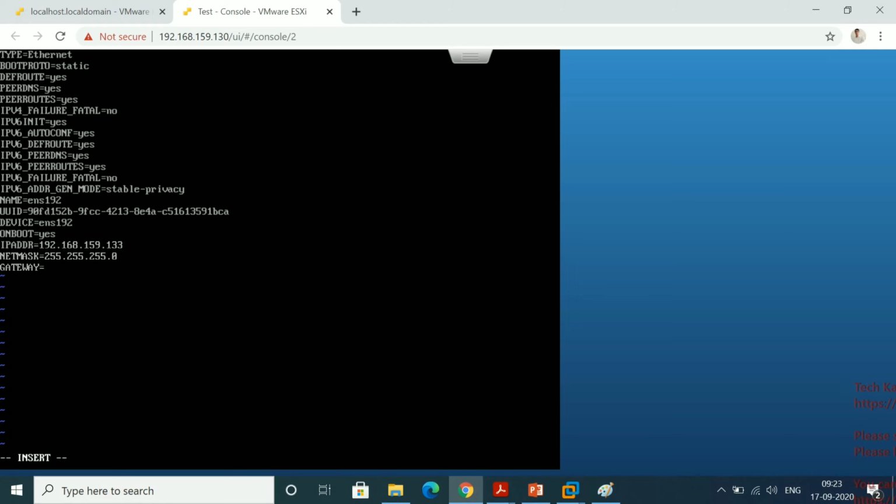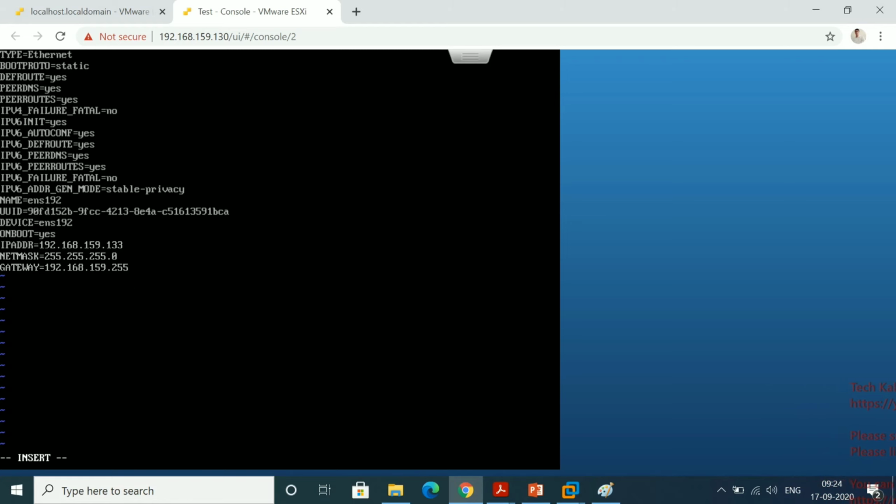So the gateway, what you have to assign is 192, because we are using a 192 series IP, right? 192.168.159. I told you, right? The first one is the network and the last one is the broadcast. So what we have to use is 255, the last one for the broadcast.